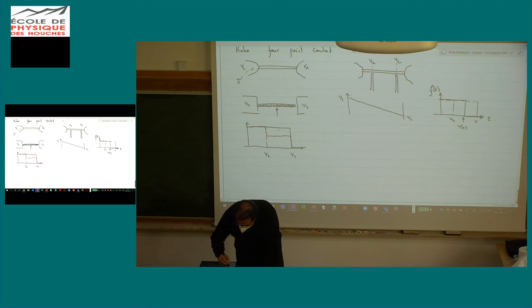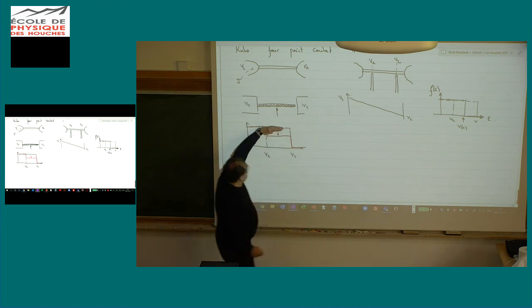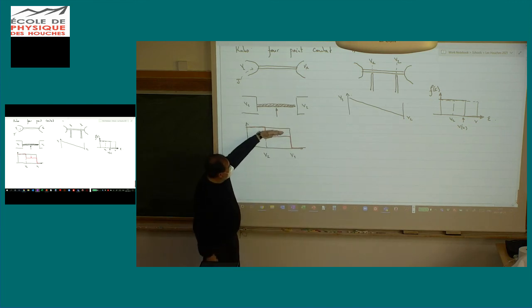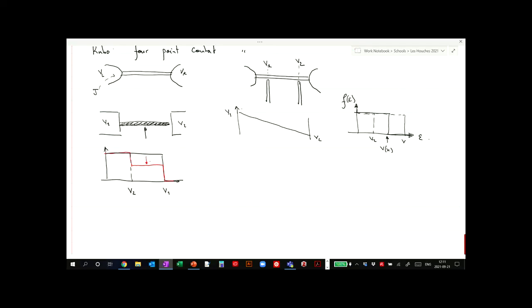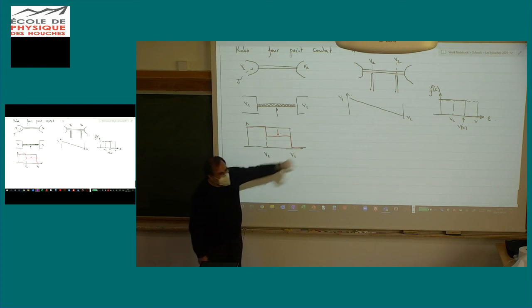And you see that this thing is going down. So you start from the left reservoir, you're here, and then the double step is going down, going down, going down, going down, till you reach the right reservoir. So the two limiting values are good, but the inside is not at all what you would expect by saying